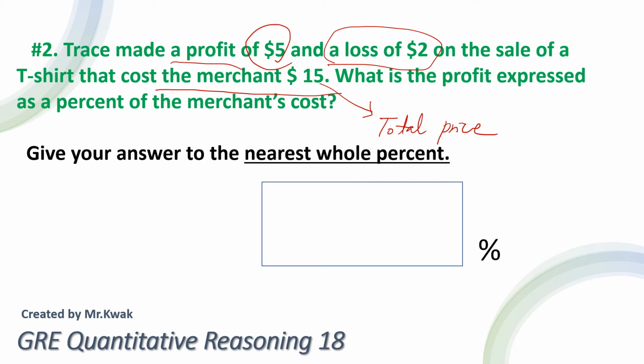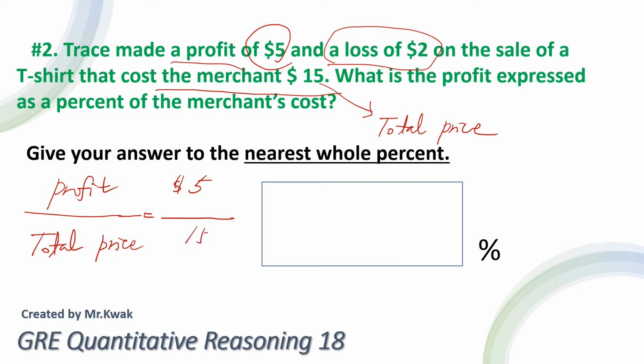It's pretty easy because, as we slightly talked about before, the denominator could be the total price and the numerator should be the profit. In that case, I'm going to put $5 here, and for the denominator I'm going to put $15. Then we get 33.3%. Is that correct? No, because